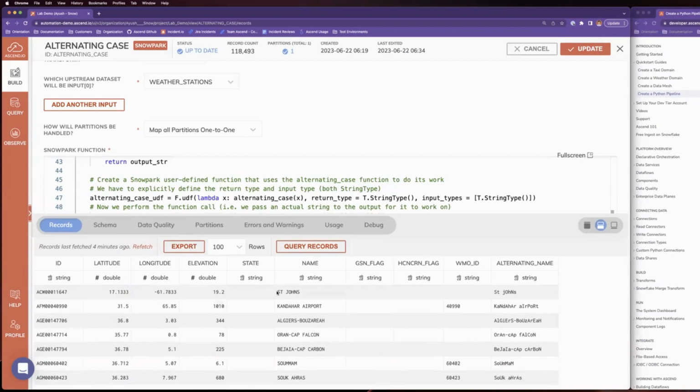So again, name was what we input, something like St. John's, and we end up seeing something like this for alternating cases. One thing you might notice here is, for example, T and J are both lowercase. Why is that? That's because this is index 0, this is index 1, and then the space in between is index 2, and this is index 3. So both T and J are on odd indexes, which is why they are lowercase. But it looks like our code worked as it's intended.